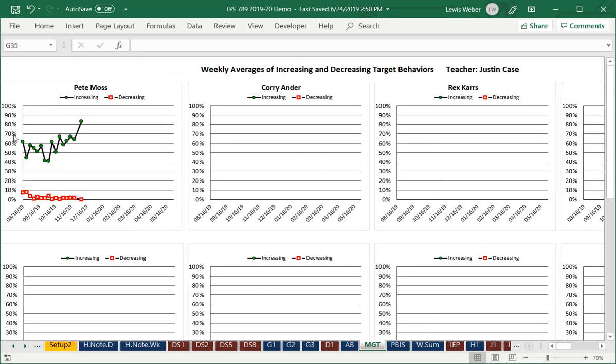I'll scroll over. So each dot is a week. And I think this is like every fourth week, something like that, just to keep it from being too cluttered. We're just looking for overall trends, not so much specific days or specific weeks for each data point. It's really just to get the feel for how each student is doing. So each data point is the average of the increasing and decreasing target behaviors for the week of their percentages. And so we see overall that Pete has been doing quite well and recently had a nice increase in his